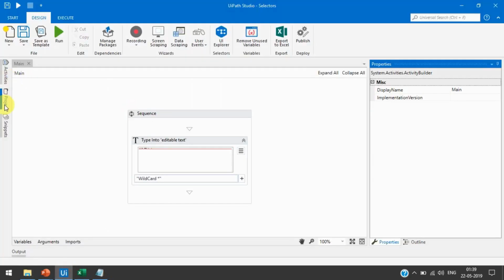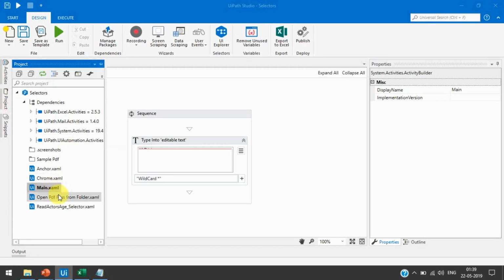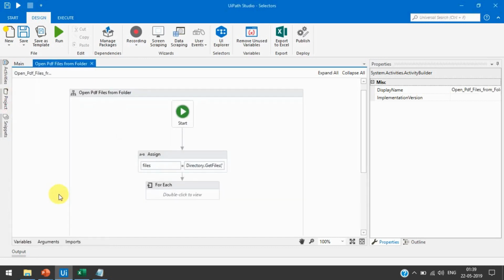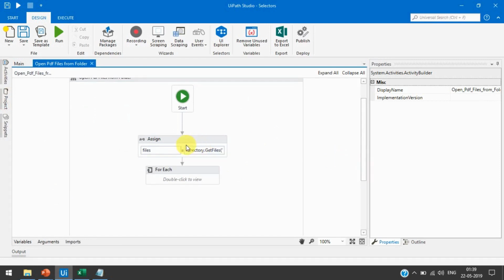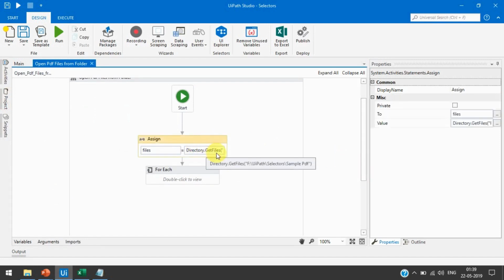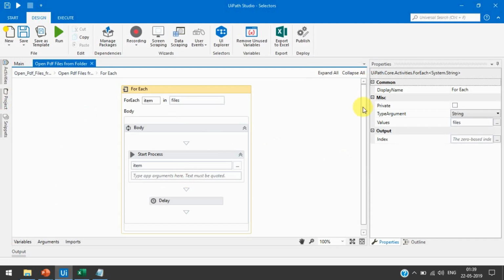I have already created that workflow here, and I will tell you one by one. We have used Directory.GetFiles from this folder, UiPath selector sample PDF files, and we get those files in this variable, files. Now we are using a For Each activity to iterate over the files one by one, and we get them in items.